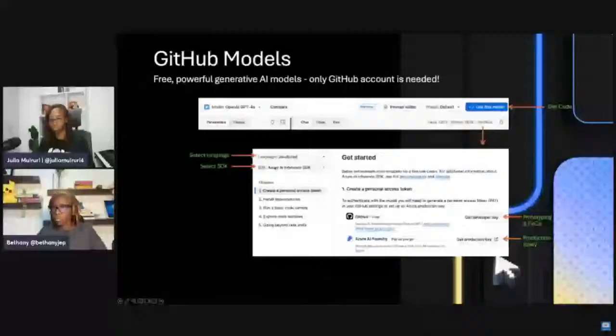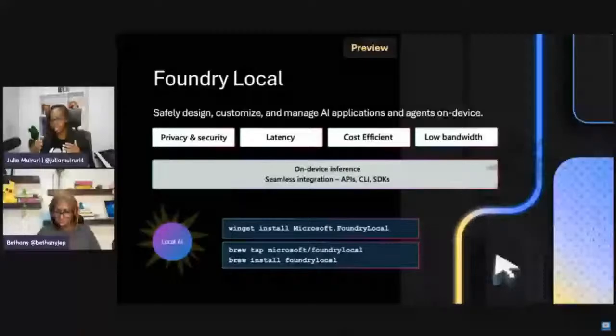But the question now comes, what if I want to work in a local environment? Or what if I'm designing an application where the actual users have limitations in terms of their access to the internet? So what we didn't have in the current version of the Build-a-Thon, that we will implement in the next one, is something that is fairly new, something that was announced last month at Microsoft Build, which is Foundry Local.